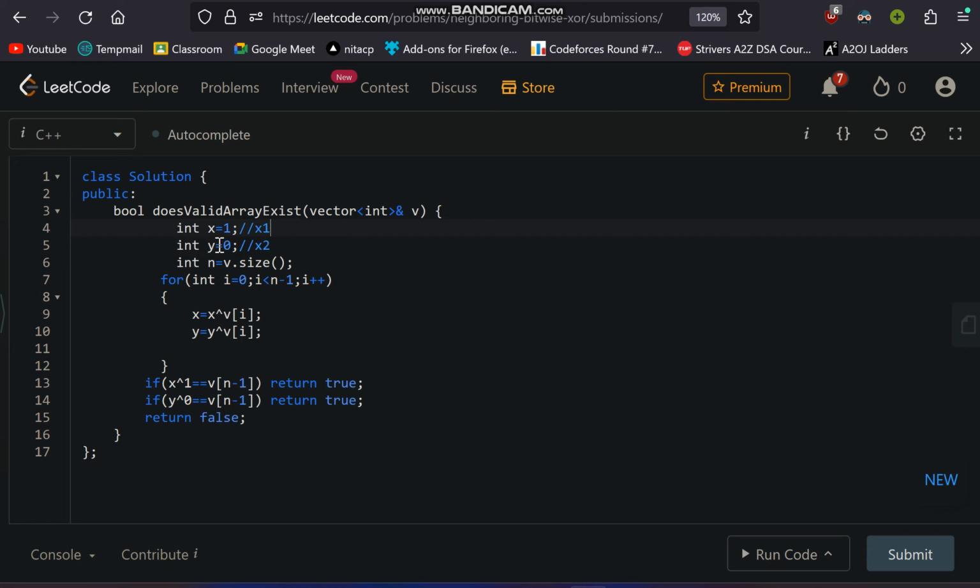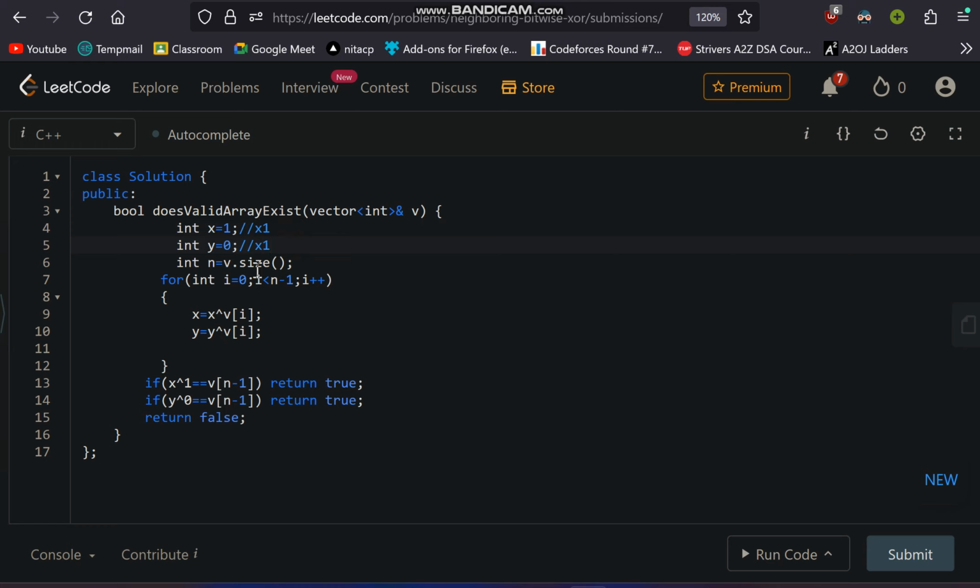When x1 is 1 and when x1 is 0, I am considering both the values and finding the XOR. After exiting this for loop, in x, x3 is stored for that example, and in y, x3 is also stored when the start is 0.